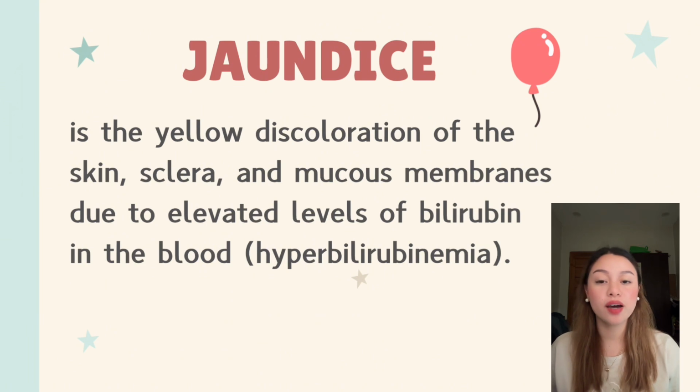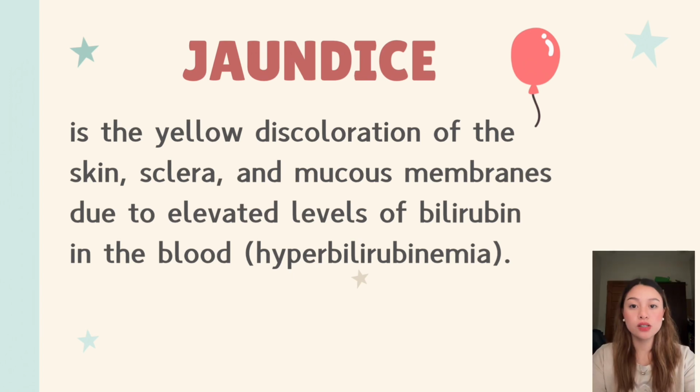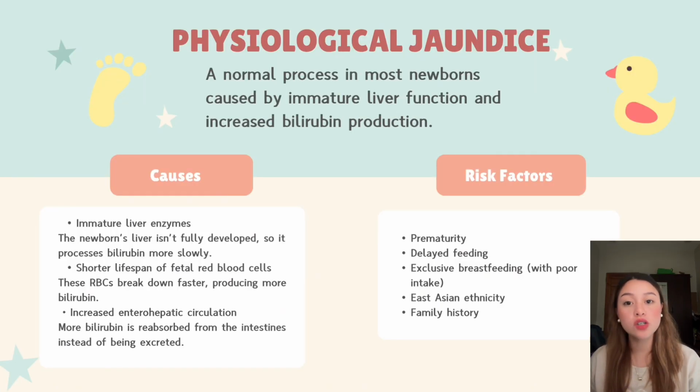So, let me define what is jaundice. Jaundice is the yellow discoloration of the skin, sclera, and mucous membranes due to elevated levels of bilirubin in the blood, or hyperbilirubinemia. There are two types of jaundice, the physiological jaundice and the pathological jaundice. Physiological jaundice is a normal process in most newborns caused by immature liver function and increased bilirubin